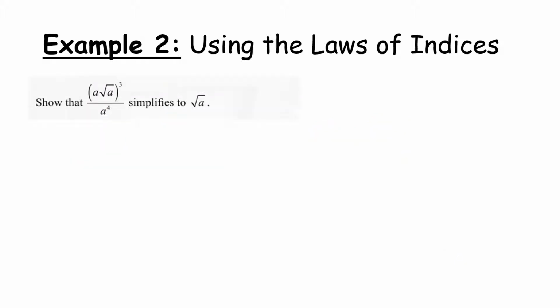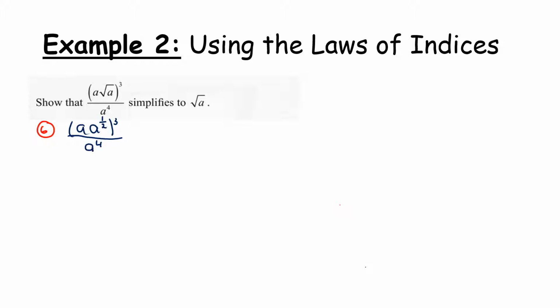So let's take a look at a second example. Show that a times root a, all to the power of 3, over a to the power of 4 simplifies down to root a. Again, I'm going to tell you as we use any of our rules. So the first thing I'm going to do is get rid of that square root, and that's going to be using law 6. So that gives me a times a to the power of a half, to the power of 3, all over a to the power